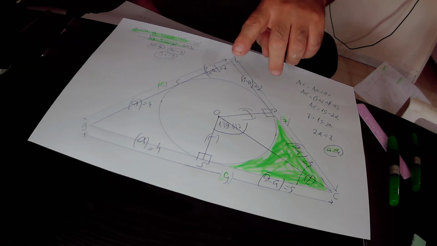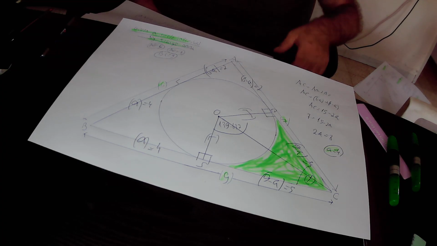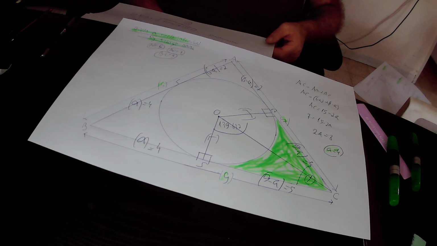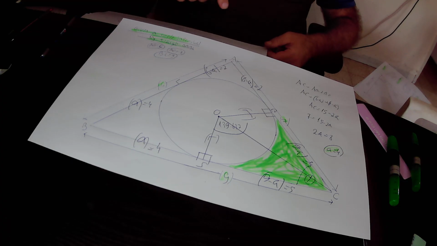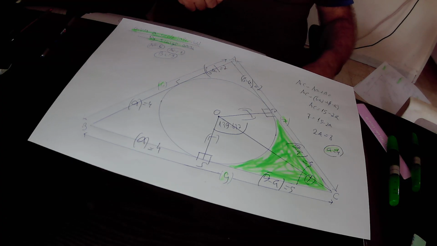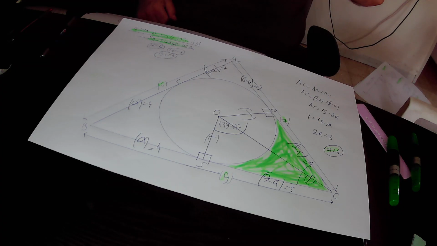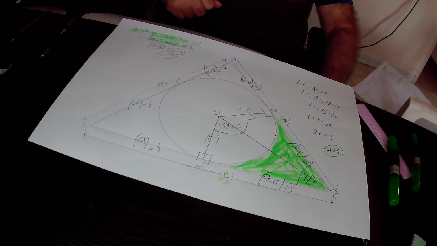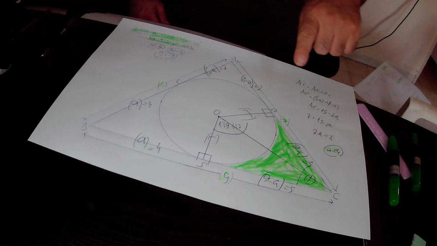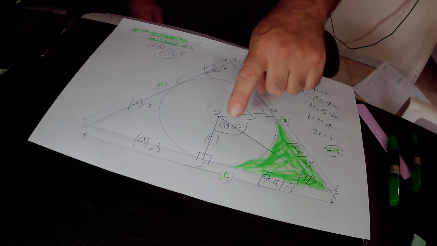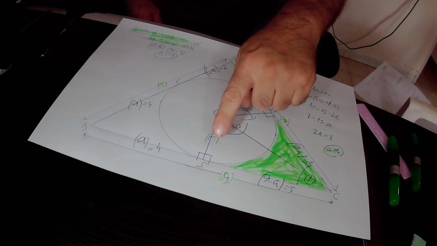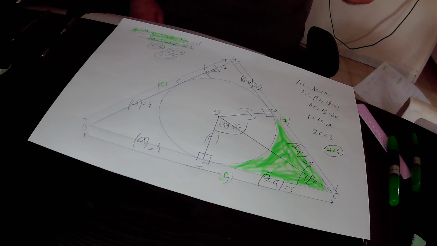We join points O and S together by a straight line. OS is the radius of this circle that we define as R. The radius OS is drawn to point S, the point of tangency of BC with this circle. And since the radius is drawn to the point of tangency, tangent BC will be perpendicular to SO. If this is perpendicular to SO, and this angle equals 90 degrees, and this angle also equals 90 degrees, according to